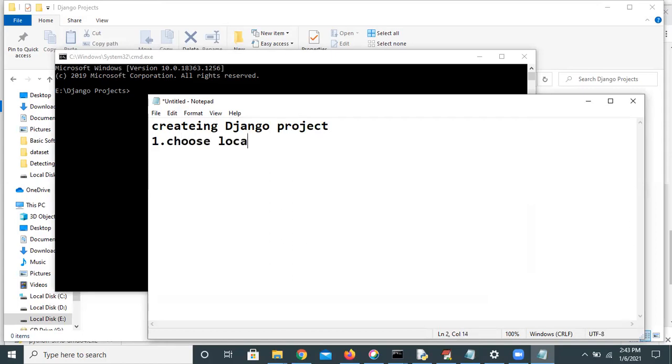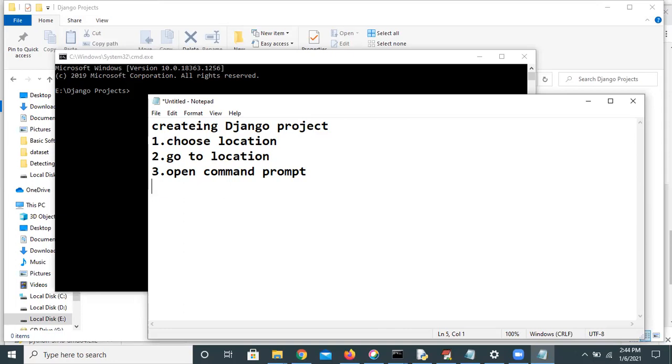Choose location. Then go to the location. Then open command prompt. Then how to create a project.